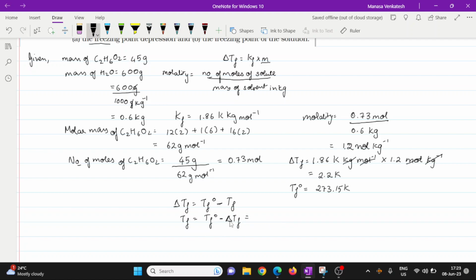Let's do that again. Delta TF equals TF naught minus TF, right? So this goes here and this goes here. So you get TF equals TF naught minus delta TF. There we go. So we just rearranged it, and I rearranged it wrongly before. So you get TF naught, which is the freezing point of the pure solvent, minus the difference in freezing point. So you get 273.15 Kelvin minus 2.2 Kelvin, because there is a depression in freezing point. The freezing point of the solution has to be less than the freezing point of the pure solvent. So this gives us